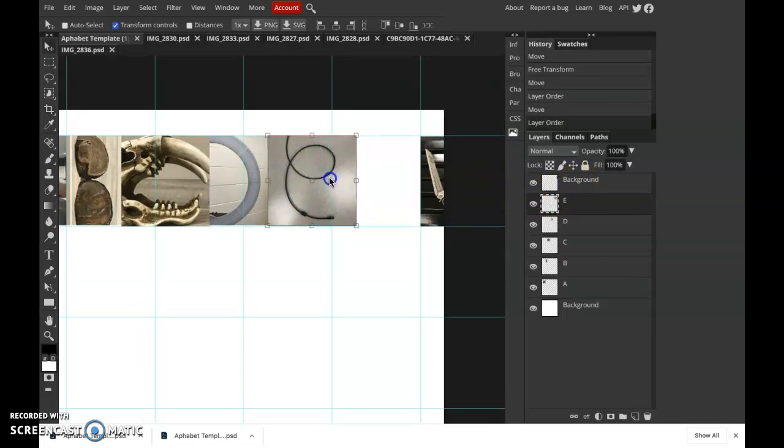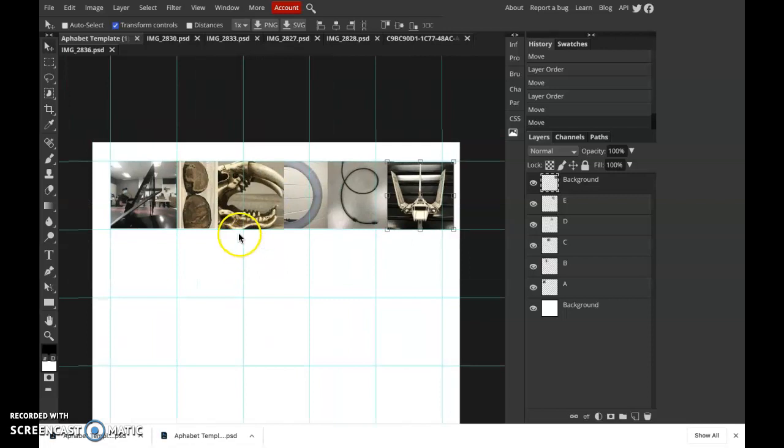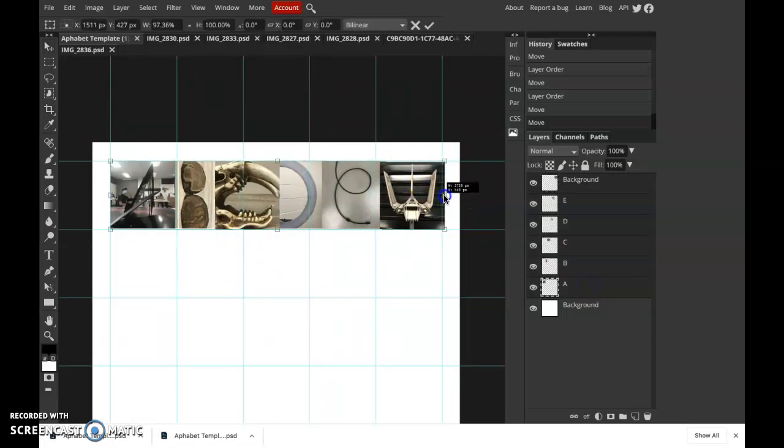E can probably come in here, and then we'll bring this last letter in, maybe right about there. And then we can actually then select them all, and then we don't have quite as much of a squish because we've already done some cropping there with the B and the D a little bit better. So that's how you would go about doing your alphabet